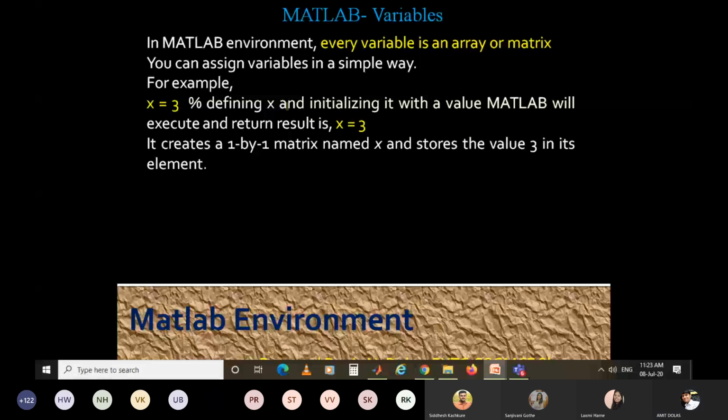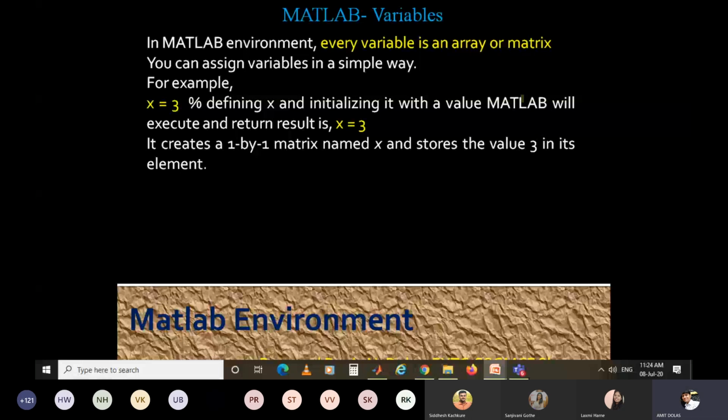It creates a 1 by 1 matrix or element named x, and stores the value 3 in its element. Like we have seen, ans is updated in the same way. It was a 1 by 1 matrix, and it was lastly updated by the number 125. Similarly, x is a user defined matrix. As you put x is equal to 3, it has only one element and 3 will be saved there.